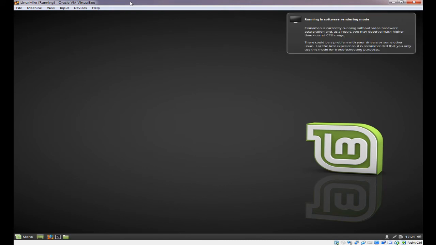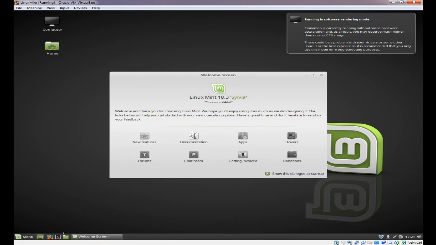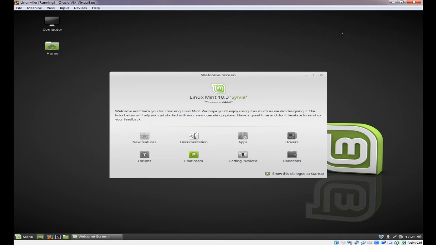So you probably heard the startup sound, and within a minute or two, yes, we've got the menu bar, we've got the welcome screen, we've got some icons on the desktop, we have a system tray and a status bar, and of course it's saying it's in rendering mode, so we will click on that to remove it. The next video is going to be about setting up